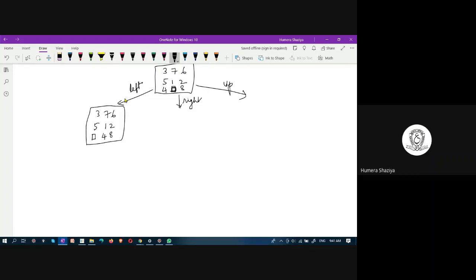This is on the application of the left operator. On the application of the right operator, 3, 7, 6, 5, 1, 2, 4, 8, empty tile. When you apply the up operator, it would be 3, 7, 6, 5, empty block, 2, 4, 1, 8.